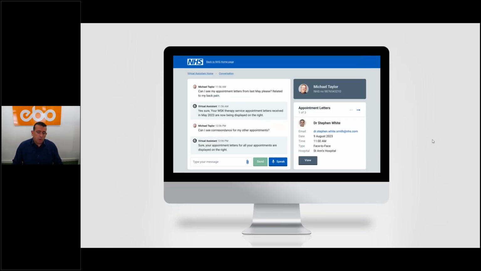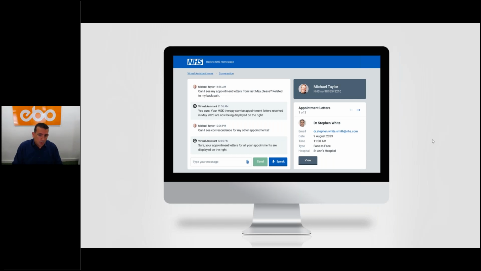With regards to the portal itself, once you break into a conversation, we have used the strength and the idea of the portal of displaying information, and those kind of dynamic screens are shown on the right. And then on the left, the conversation will be had. It's all about making sure we use the best possible real estate that we can. We are also looking to make sure that signposting and access to links would also be part of the design.